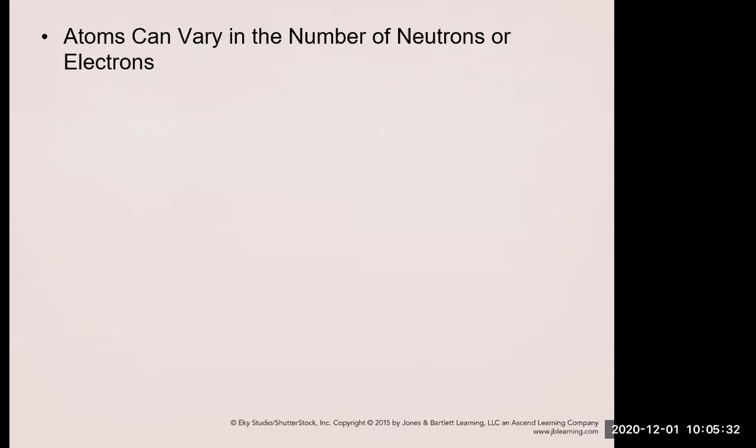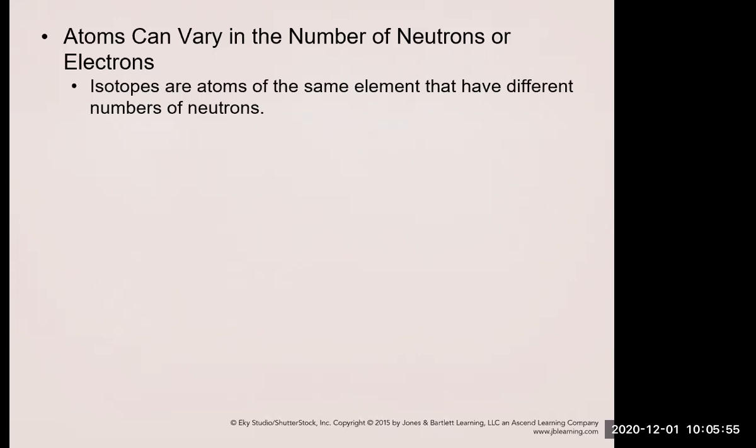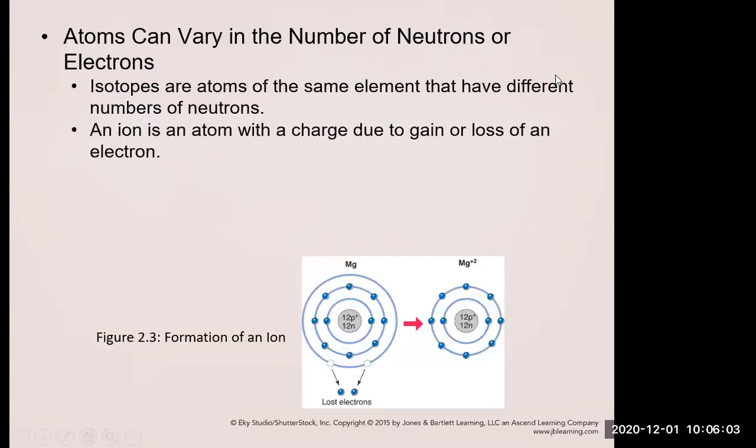So an atom, by definition, is based on the amount of protons in the nucleus. Hydrogen has 1 proton. Let's see, we have our periodic table right here. Helium has 2 protons, etc. So if you have more or less protons, you're a different element at the basic level. But if we have a different number of neutrons, we're going to call that an isotope. And if we have more or less electrons, we're going to call that an ion. Both of which are going to cause a different charge in the overall atom.